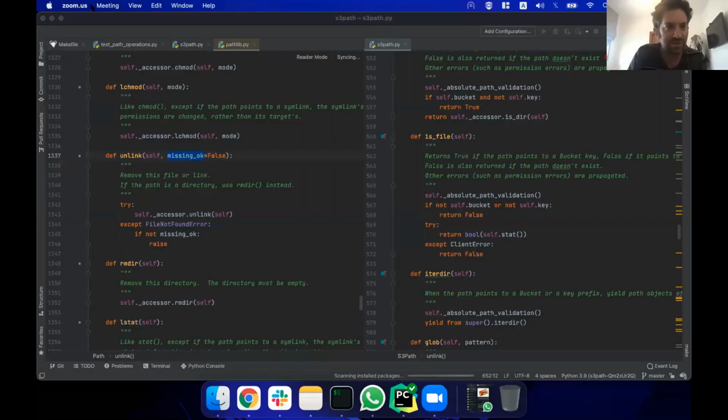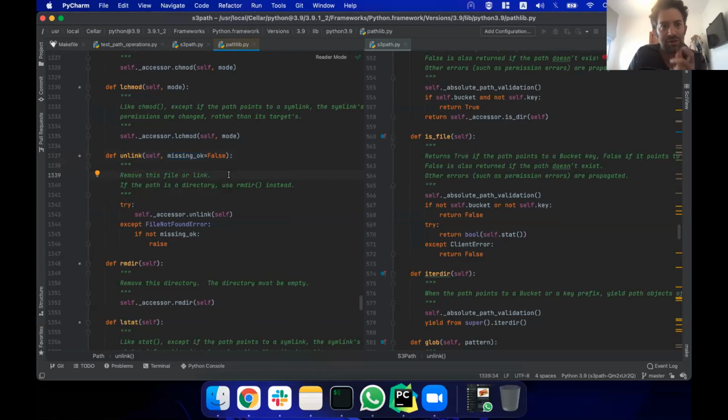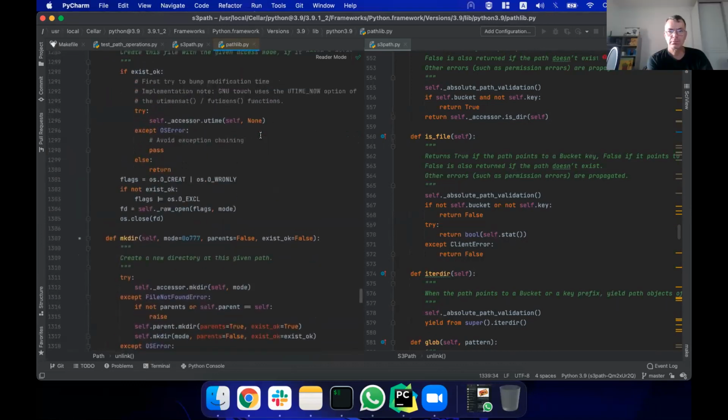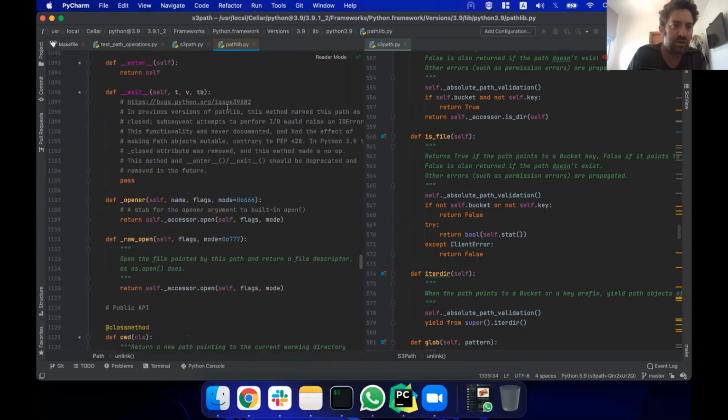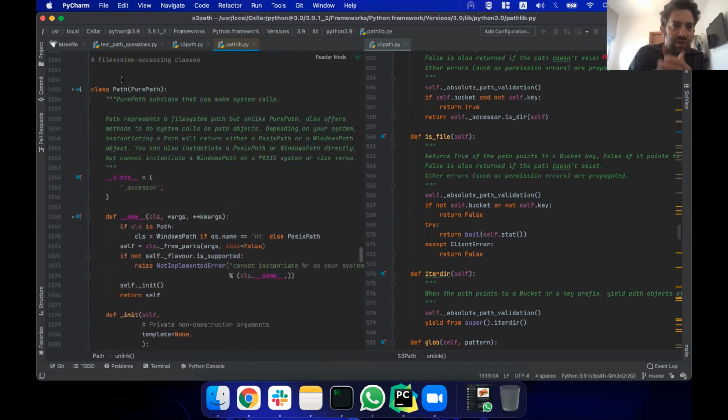So Boto basically is, I'm sorry, Vim is great, but there is one case that I like PyCharm better, and this is this case. In PyCharm, it's easier for me specifically to jump to the standard library, okay? So this is the standard library, right? Yeah. Wait a minute, let me, okay, this is the path, okay?